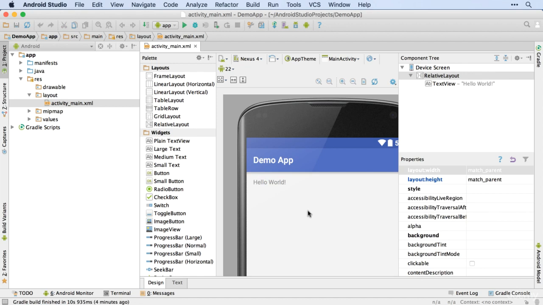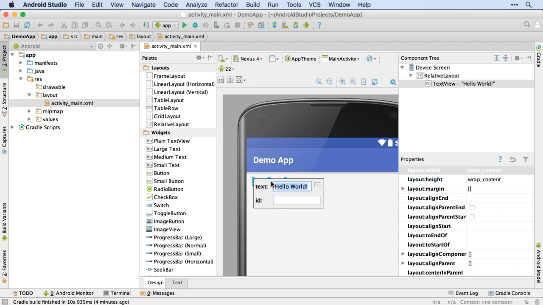There we go. So Hello World is the standard starting point for all new apps and new app developers. But let's customize that a little bit. So we can start by just double clicking on it, and you can see we're then given the option to change the text and change the ID if we want to. So just to try it out, I'll change the text to Hello Rob,